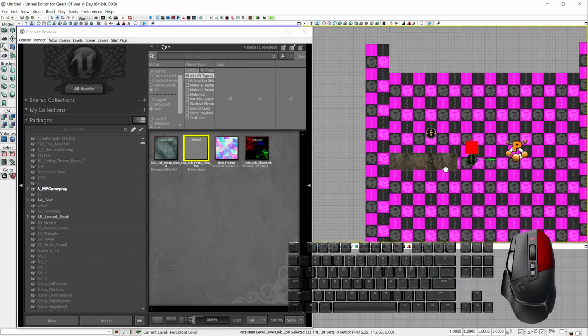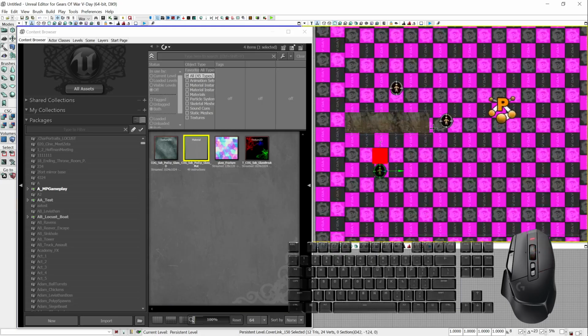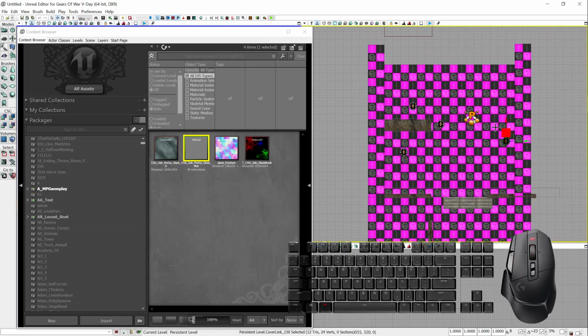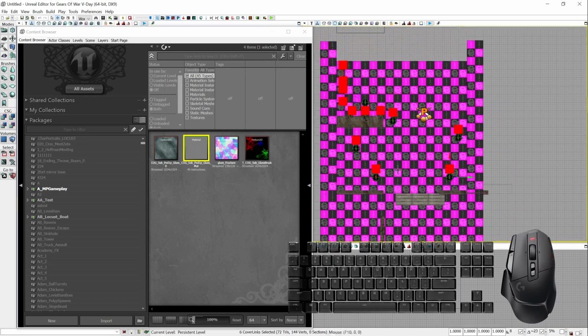Now, you can have some foresight and place another cover link on your map, or you can hit Alt plus drag and just map out where a bunch of these cover links are going to be, right? Because you don't need to do the same steps that I'm about to show you for every single one of them, but you hit Control plus Shift plus A, F4, once you have all your cover links down, of course. Editor should snap. Editor's going to snap all of these, okay? And so,